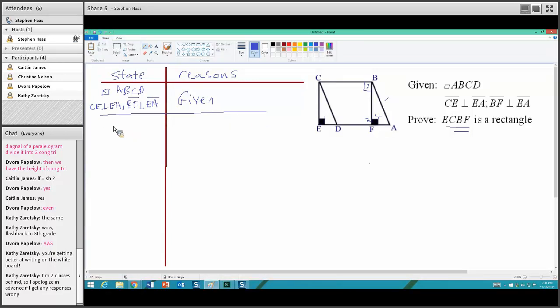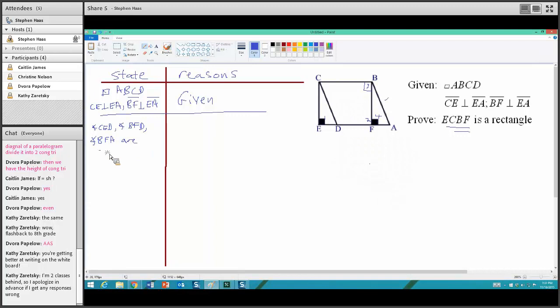So we'll say angle CED, and we also want angle 2. Let's say CED, we also want 4. So let's do all three of them. Let's say CED, which we called angle 1, angle BFD, and angle BFA